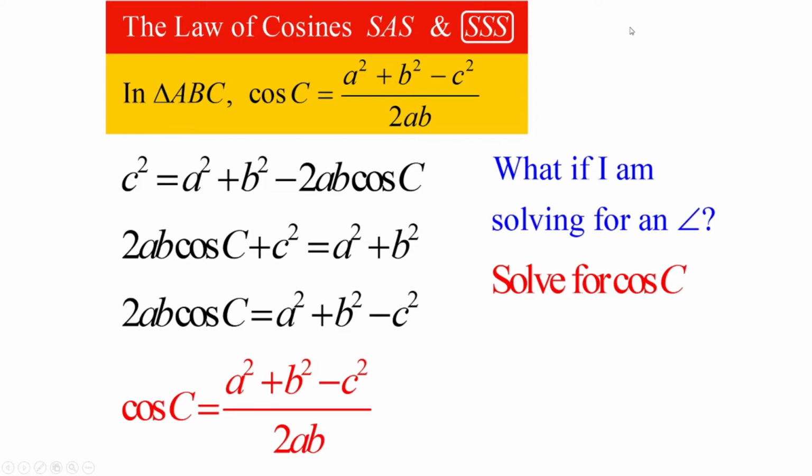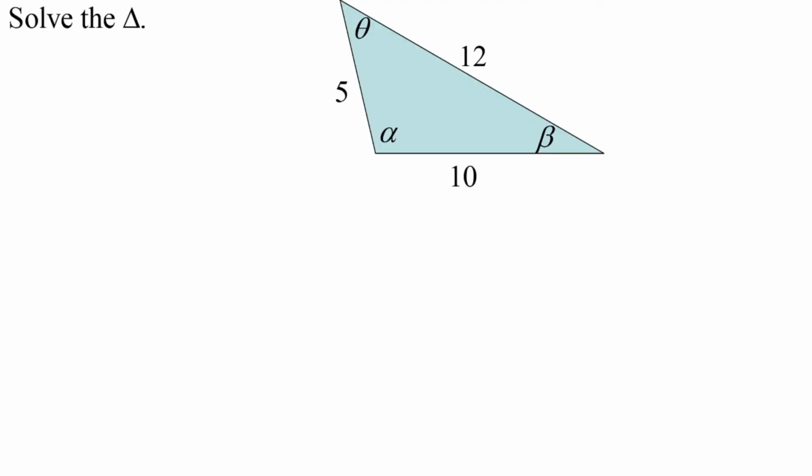Okay, so side, side, side. Well, let's take a look at a triangle where they gave us all three sides. Nice. So now it says solve the triangle, and remember, solving a triangle means you need all 6 parts of the triangle. You need the 3 side lengths, which we already have here, but then you also need those 3